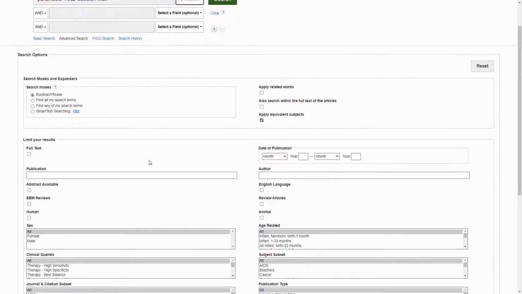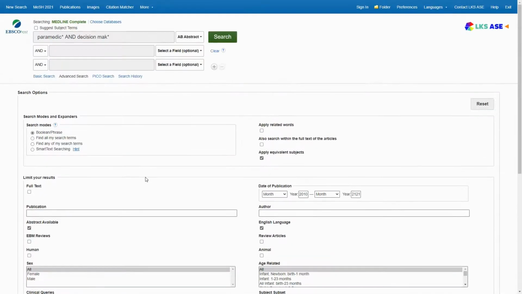You'll see below the screen are the limits that you can use to apply to your search. So for example, you can set the publication range, in this instance from 2010 to 2021. We can select English language, and we can select only records that have abstracts. If we then do our search,